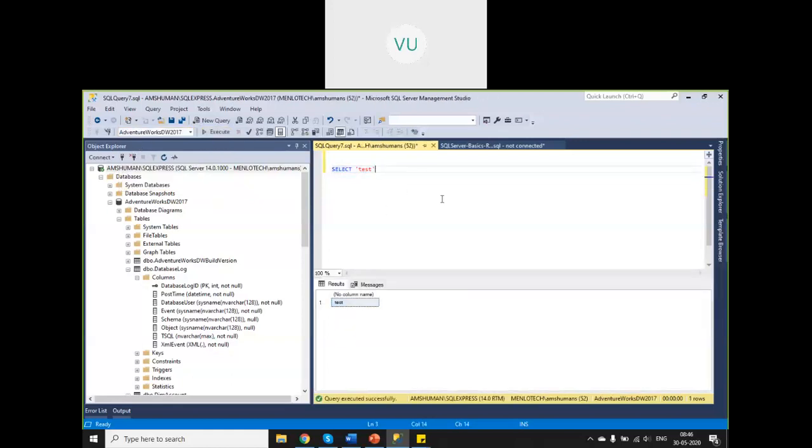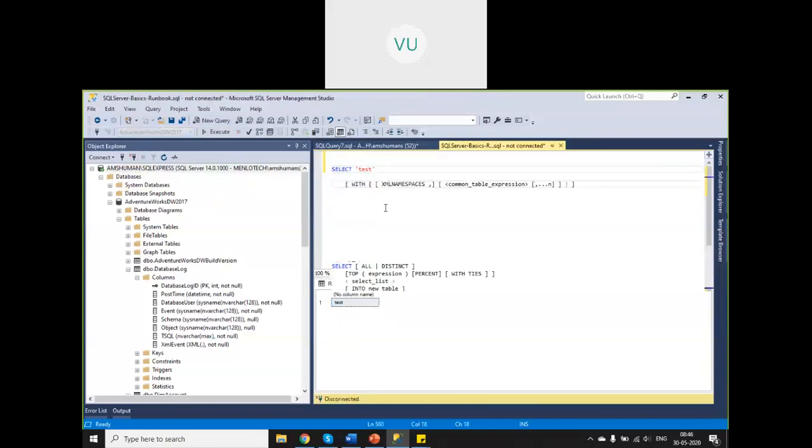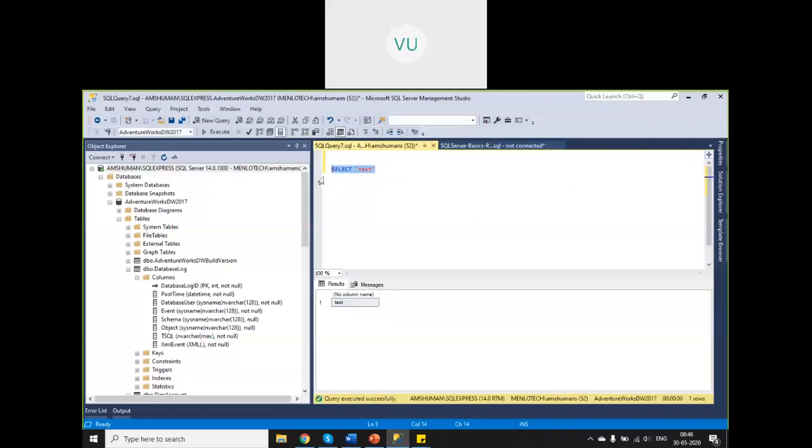So from, though it is not mandatory for some queries, when you are trying to fetch data from tables, from is necessary. Okay, but select can be used with literal values also. That means you can just say select test, and the output will be sent to your output window or the console. Okay.